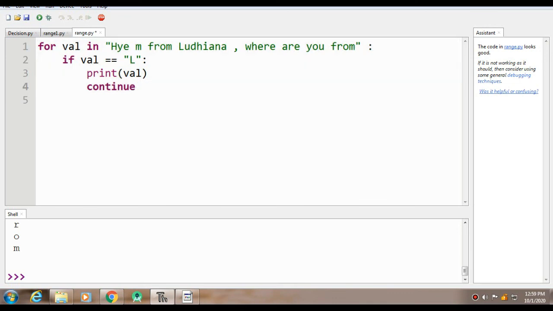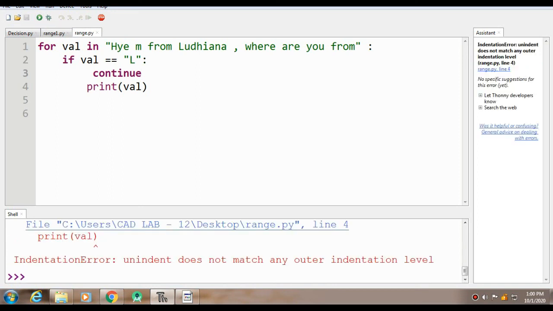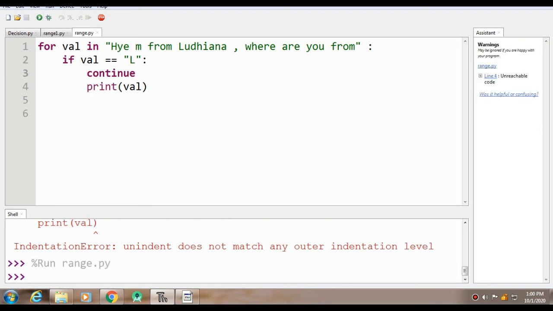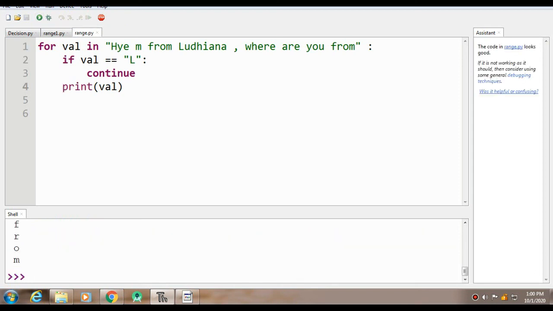So continue is there, we will save it. As we execute it, you can see it will only leave out L, rest everything is printed.